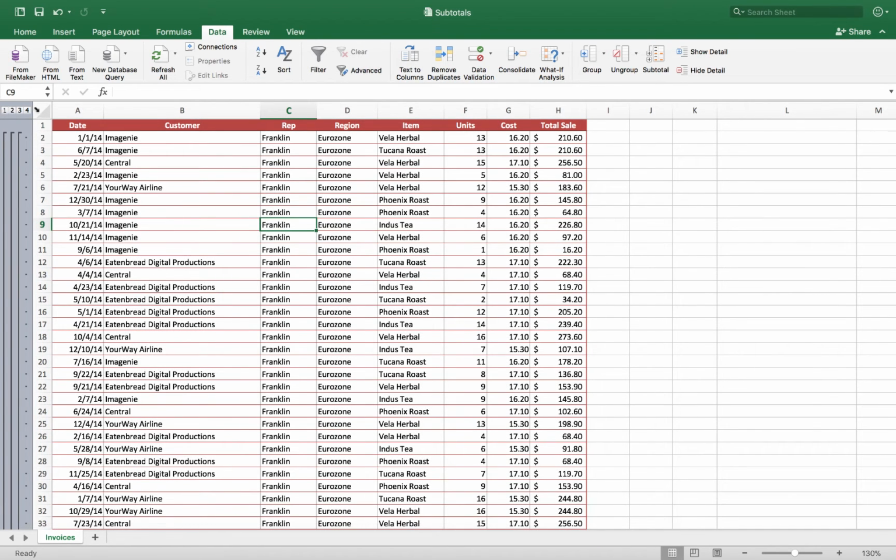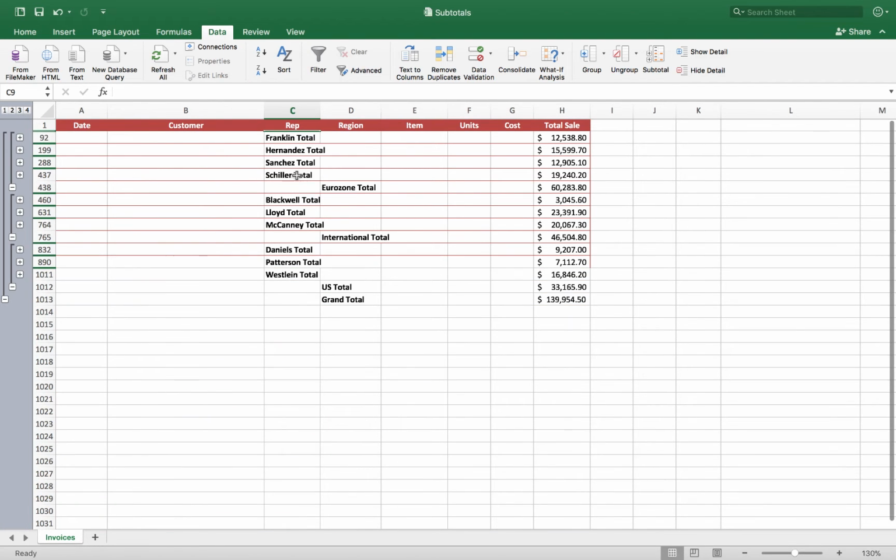And now, check it out, over in the upper left corner, I've got another level of subtotals. If I click on the number 3 near the upper left corner of the screen, it collapses down and I can see each zone, but I can also see my subtotals by reps there. And again, you can use the plus and minus buttons to expand and collapse the list there. I'm going to go back, and does anybody have any questions or need any help on the subtotals?